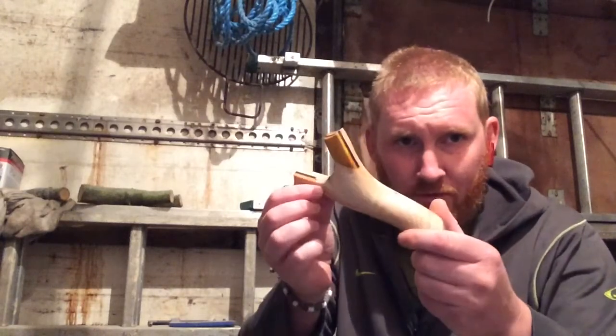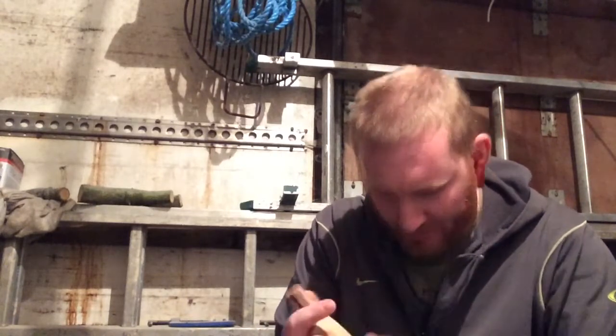I'm going to do a little video of how I finish naturals. Now, there's the natural, that's sanded to 2000 and wiped right over with the kitchen roll to make sure we get any dirt out of it. Now, in here,